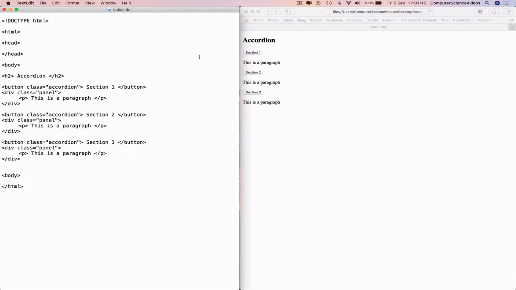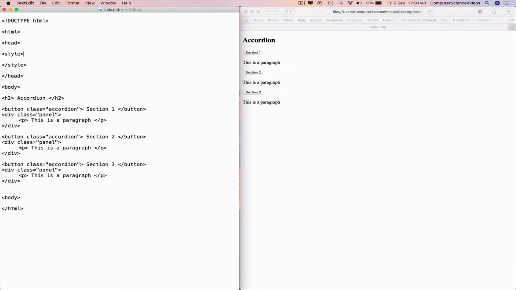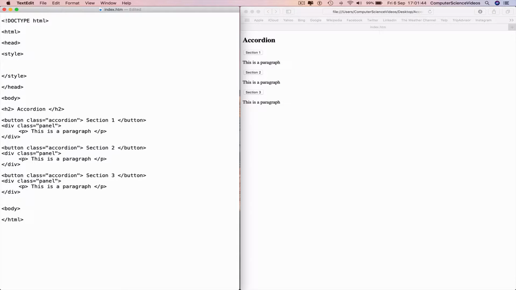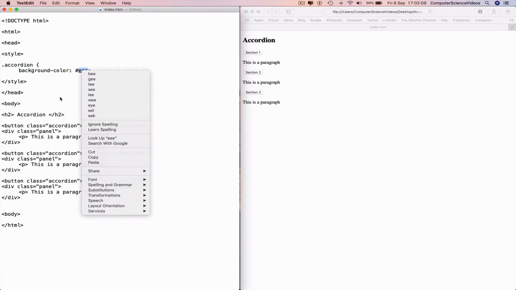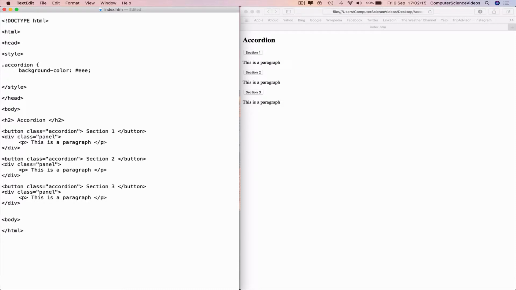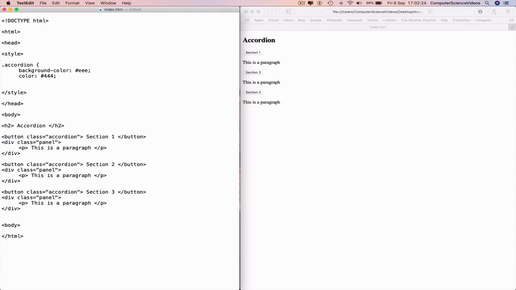And so if we go back to the TextEdit file, go all the way to the top, and then within the head tag we can type in style, as all the CSS code will go inside this tag. So now dot accordion, curly brace, background-color colon hashtag #eee semicolon, ignore the spellings. Next line, color colon hashtag 444 semicolon, next line indent, cursor colon pointer